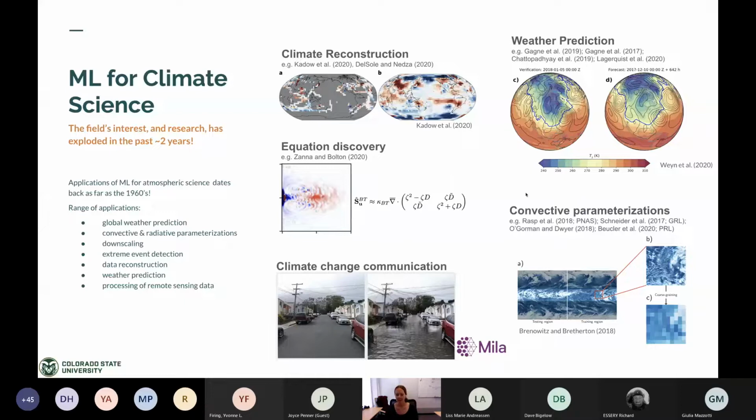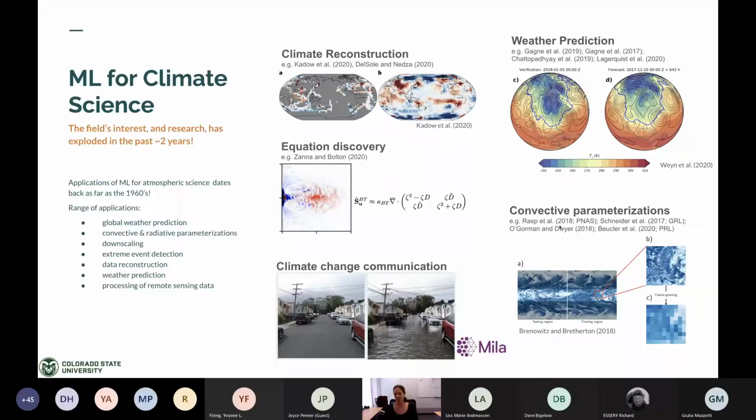And then maybe more standard applications, but still just as exciting in atmospheric science and climate science, is pure weather prediction. So in the upper right-hand corner, this is an example from Weyn et al. showing the true, the verification field of the geopotential height. And on the right-hand side, what their forecast was from a purely, this is 100% machine learning model, so no dynamical equations are inside. And their argument is, okay, we're not trying to sell it as, this is what we should be doing, but the point is maybe there's something interesting and exciting here.